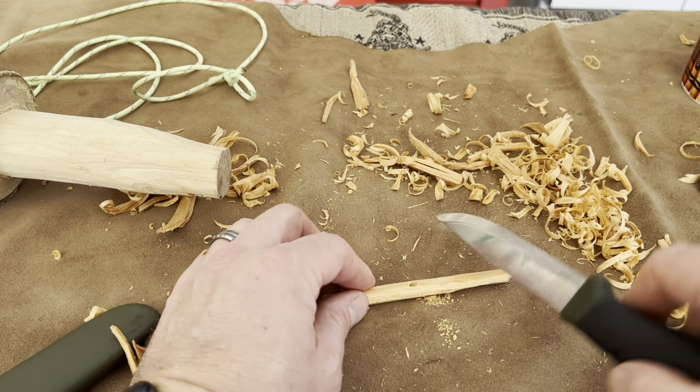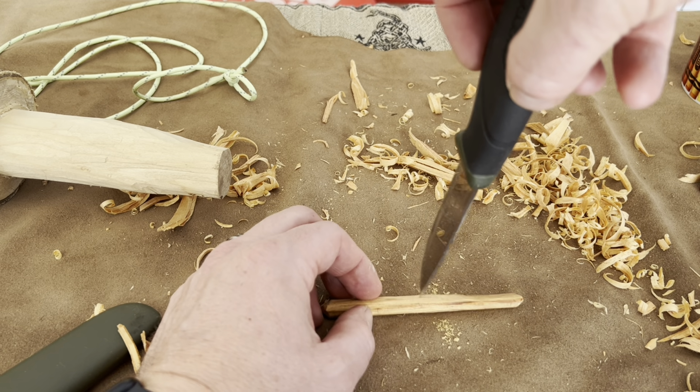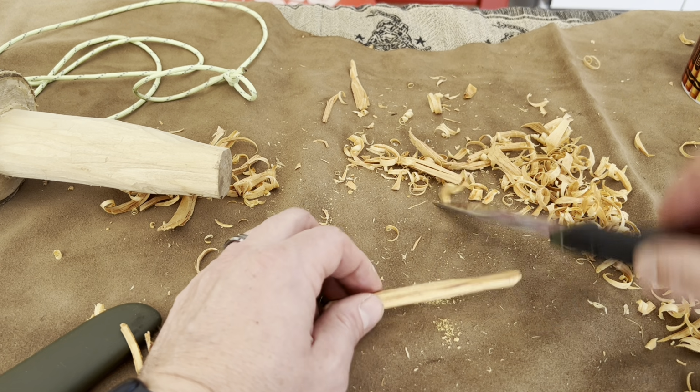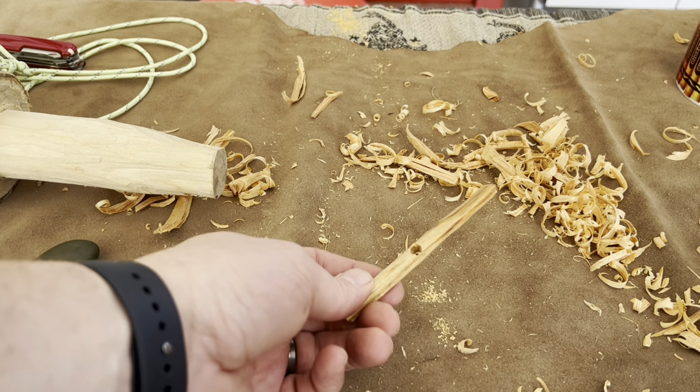If you are punching out with your knife, understand that your knife is bigger than the wood. So you're gonna have to go to this side at some point, and you're gonna have to have two holes meet up in the middle. Now that we have our hole set,